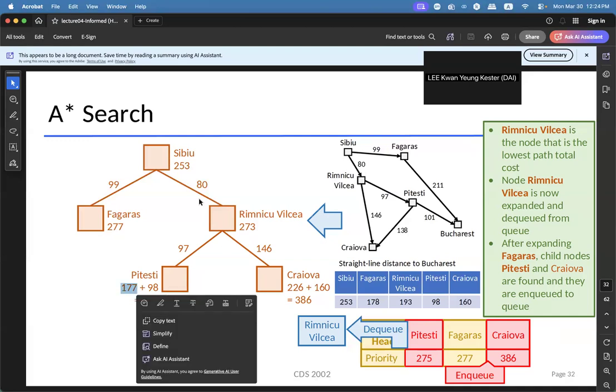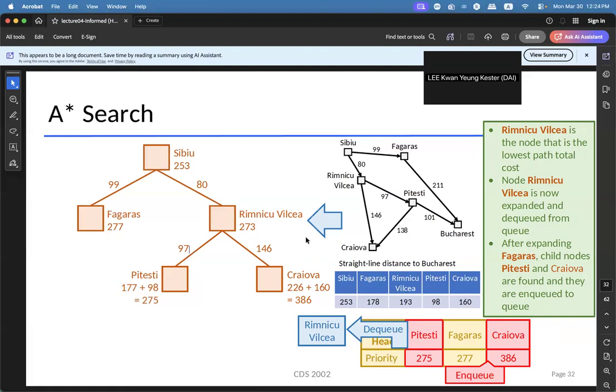The 80 and 97 are obtained from the network. From the network, Visual WeChat to p-test is 97, so we copy this value here. And from CBOO to Visual WeChat, according to the network, is 80, so we copy 80 here. You add the two values together and it becomes 177.